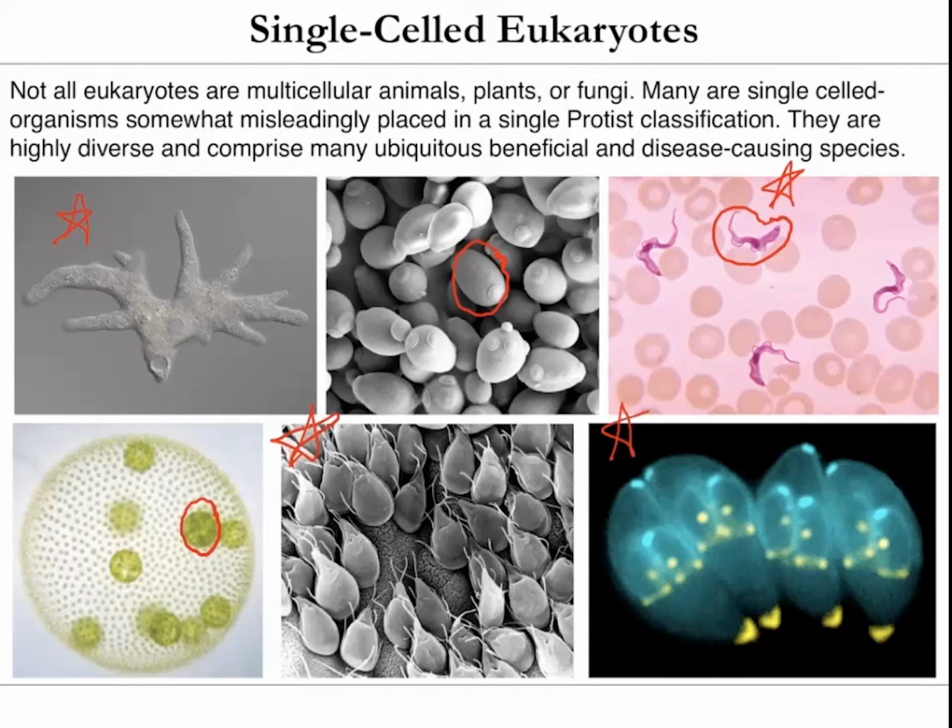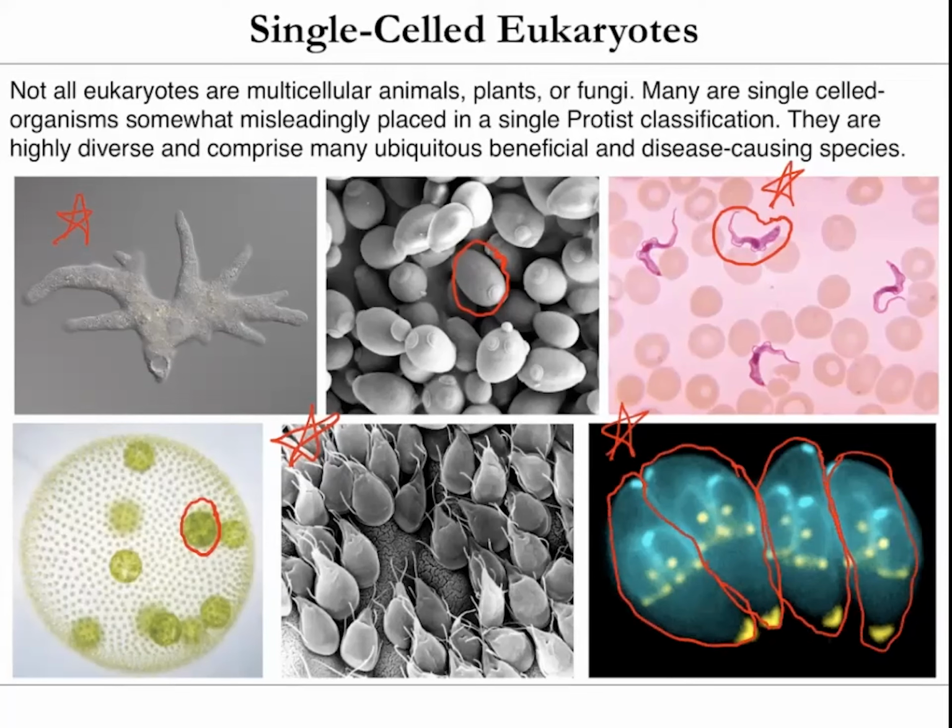And then this is Toxoplasma gondii, which forms these really cool structures right here. It causes toxoplasmosis, which is carried by cats. A lot of times they tell pregnant women not to go around cats because you can get toxoplasmosis. It's basically not a problem unless you're immune compromised. A lot of HIV/AIDS patients actually die from toxoplasmosis.